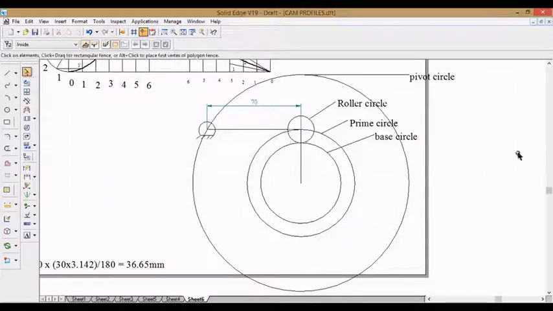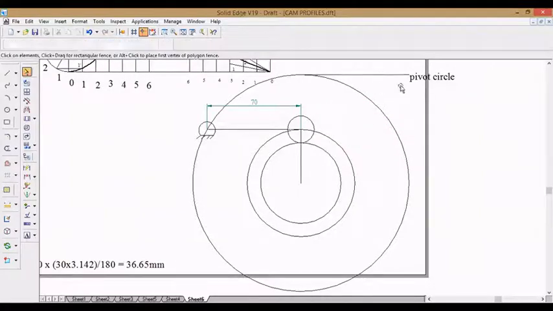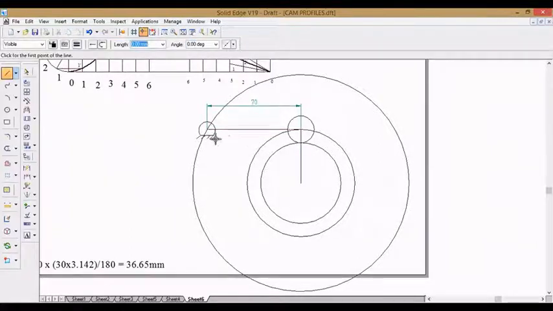I will delete these things. I will explain. I need to draw the cam profile. That's why the pivot circle has also been drawn. For the pivot circle radius, you don't go for any measurement. Just draw a circle such that, keeping the compass leg at the center of the cam, you touch the pencil to the pivot fulcrum. That's it. Now you need to join a line from the pivot circle end point to the center of the cam.